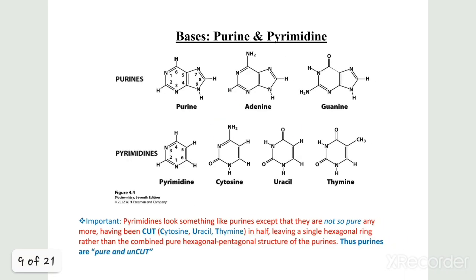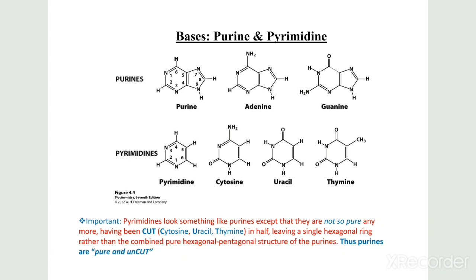These are the structures of the purine and pyrimidine bases. You can see that purines are double ring structures. One single 6-membered ring is attached to a 5-membered ring, and the numbering starts from the 6-membered ring. 1, 2, 3, 4, 5, 6 will be in the 6-membered ring structure, and the 7, 8, 9 positions of the carbon will be from the 5-membered ring. It includes adenine and guanine. If you see the pyrimidines, they include cytosine, uracil and thymine. Uracil will be in RNA while thymine will be in DNA.